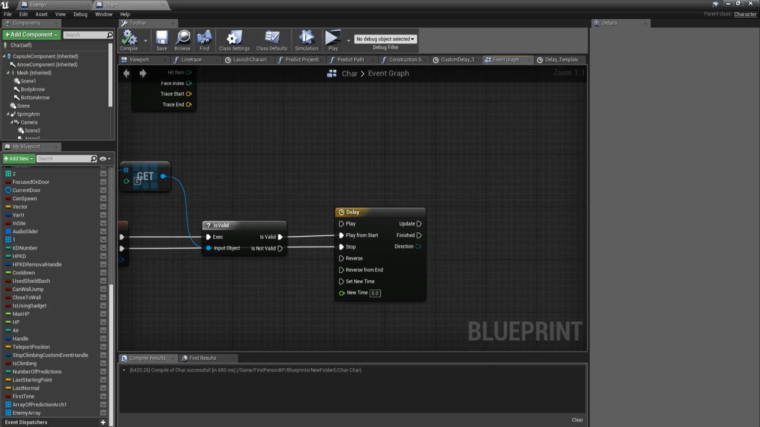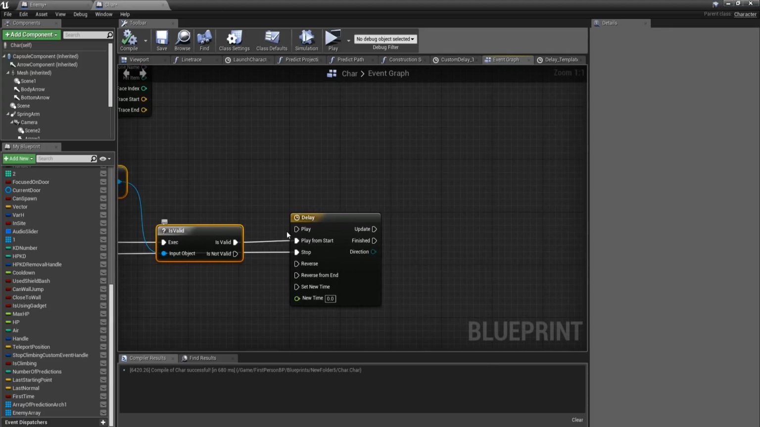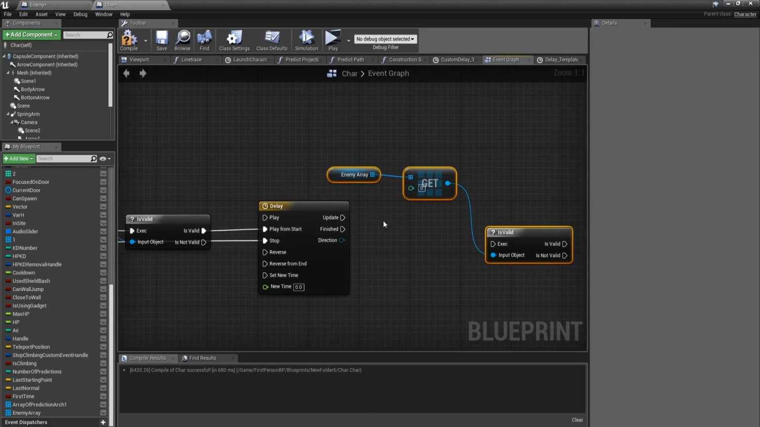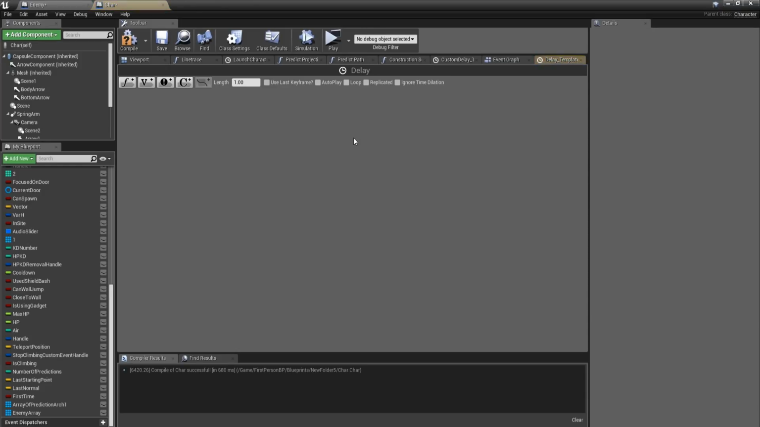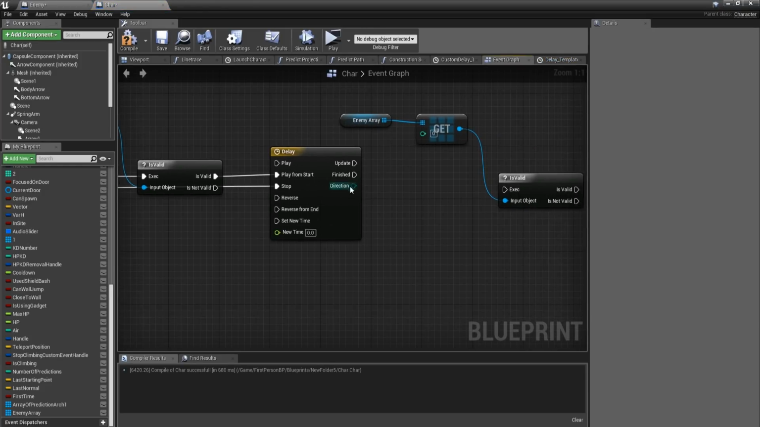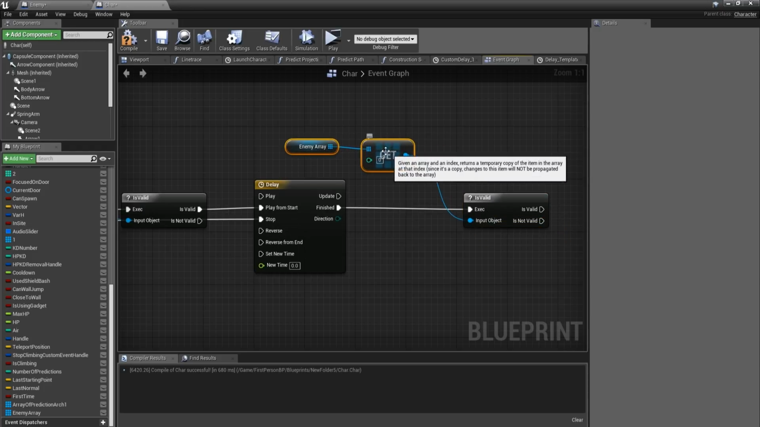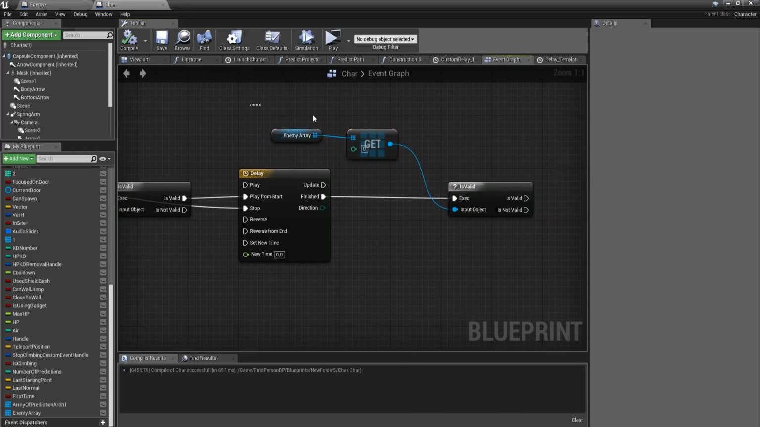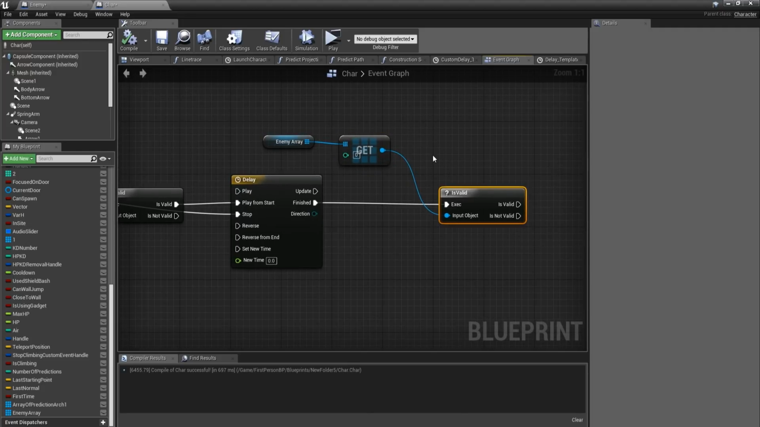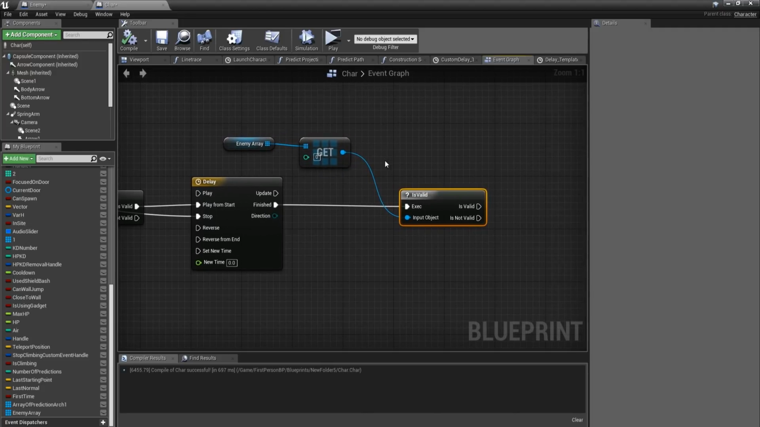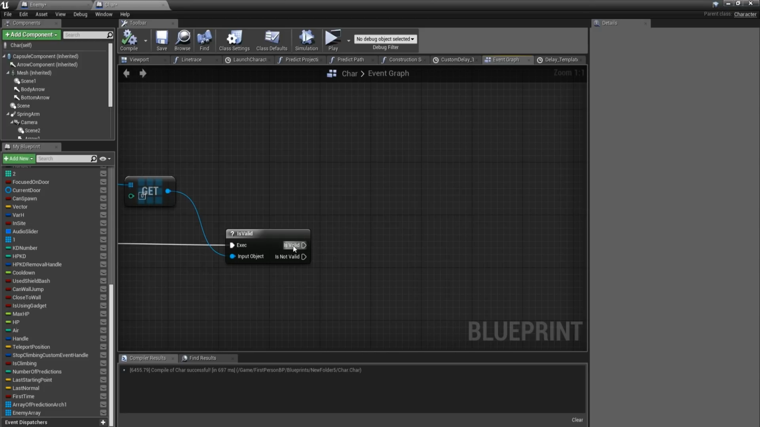From here we are going to check once again if this is valid, and the reason why we are doing that is because after 1 second there is a chance of this getting deleted, and so it is not going to be valid anymore. But as well, this might never happen, but it's just a way to be sure that you're not going to get any errors. From isValid we are going to have a sequence,